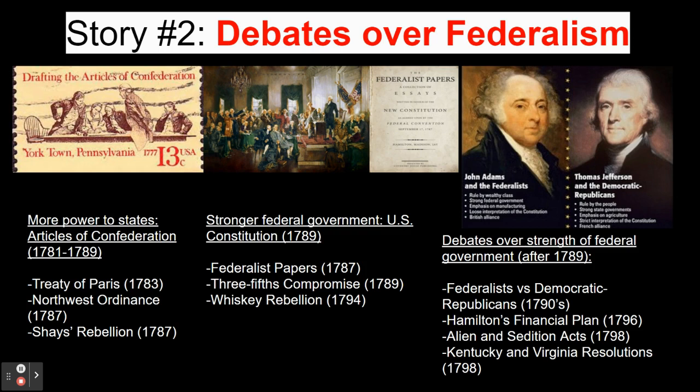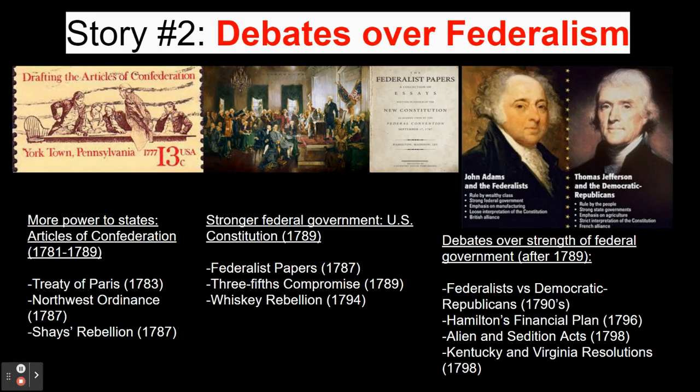Now, that's not to say that the Articles of Confederation were all bad. They did help to negotiate an end to the American Revolution in the form of the Treaty of Paris, and they did establish a system for organizing Western lands for statehood in the form of the Northwest Ordinance, which was passed in 1787. However, on the whole, the Articles of Confederation proved to be a system that gave very little power to the central government. And probably the best example of the weaknesses of this government came in the form of Shays' Rebellion, which was an uprising of farmers in western Massachusetts. With no military at their disposal, the federal government was unable to help end the rebellion, and the rebels who were participating in Shays' Rebellion almost succeeded in not only seizing weapons, but burning Boston to the ground.